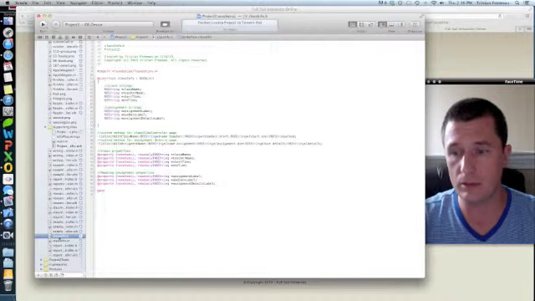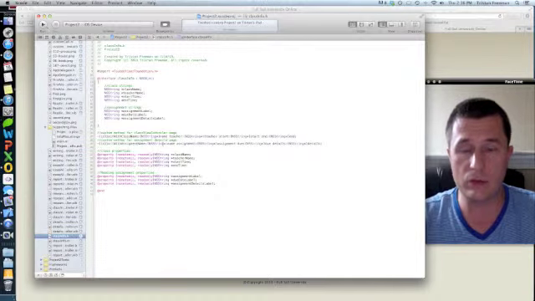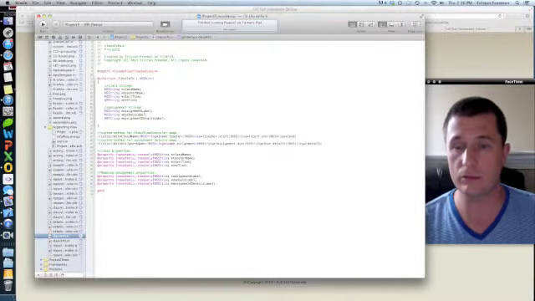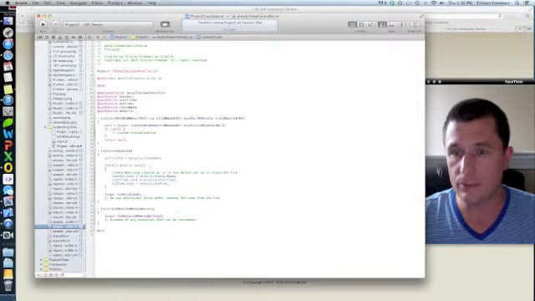I did the separate .h and .m file for the object itself. I've got a custom method here, init with class name for my classes, and then a second one in the same file, init with assignment name, and that was for any of the drill downs to assignment specifics. So then I created the NSStrings for each of those, and I went ahead and separated them out here with my comments. So first group is for the classes, second group was assignments, and then that linked into the details view controller, where I set up each NSString